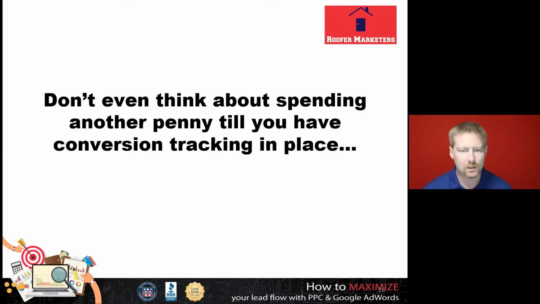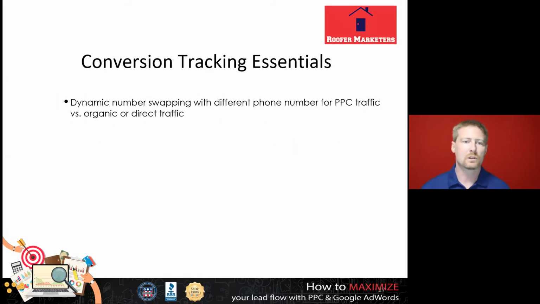So the conversion tracking is extremely important. Conversion tracking essentials: you want dynamic number swapping with different phone numbers for pay-per-click traffic versus organic or direct traffic. If somebody comes to your website from an organic search, if they type in roofing companies in your city, state, and they get to your landing page, you want to have a different phone number on your website than your actual phone number, because you want to track the correlation of where they came from. If they come directly to your website, maybe you just have your direct number because they're looking for your company specifically. But then in pay-per-click, you could have